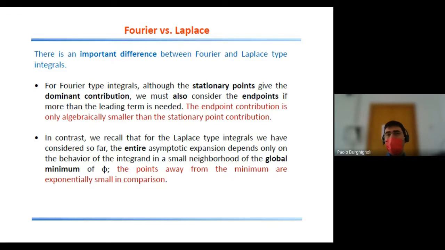However, they are only algebraically smaller than the dominant one, giving the higher order asymptotic terms in an infinite asymptotic